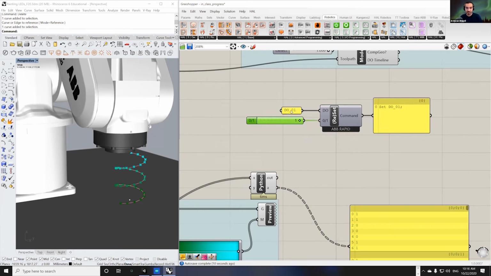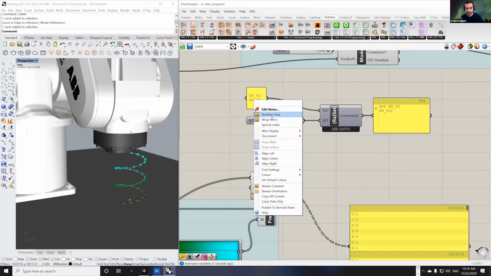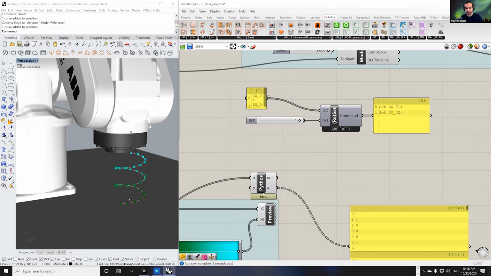Okay, but we know that we have 7 of those digital outputs, and we want to repeat it for, I don't know, 60 targets that we have here, or 50 targets. We need to find a way to generate 360 of these digital outputs. So what I'm going to do here is to actually convert this component into a little bit longer piece of data. So if I make this panel here,